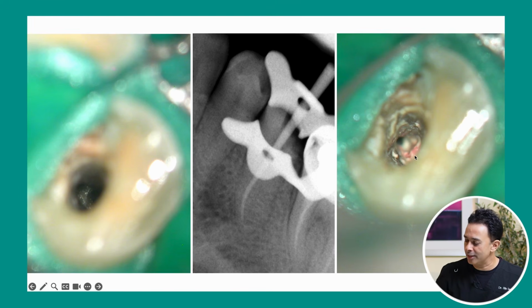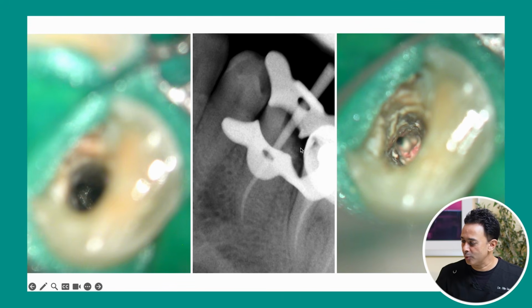And when you do that, it's common that some amount of gutta percha and sealer will seep into the other canal as well. So we can use a small micro opener or something to just clean out that extra gutta percha or sealer which went into that canal, and then put another cone separately into that canal rather than obturating both at the same time, which is what we did.